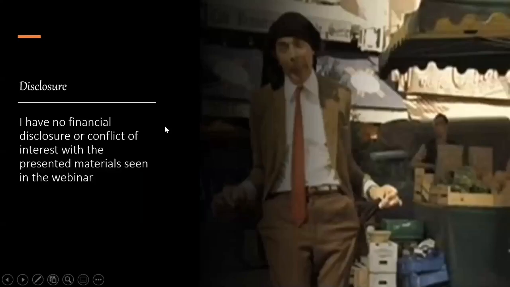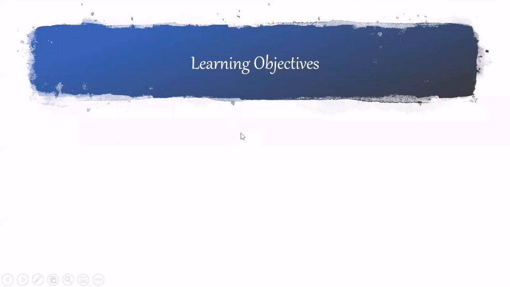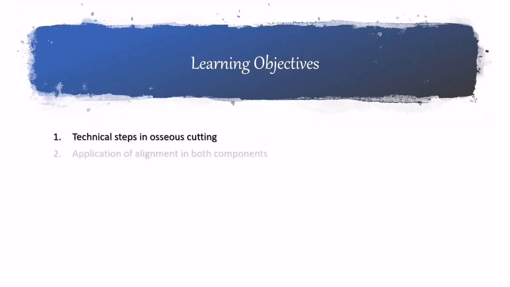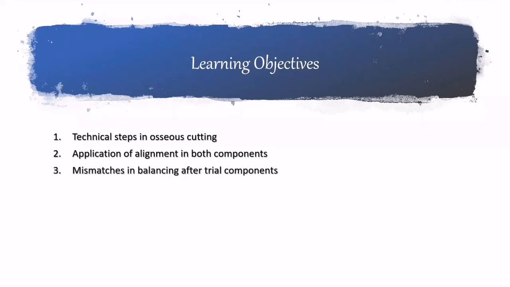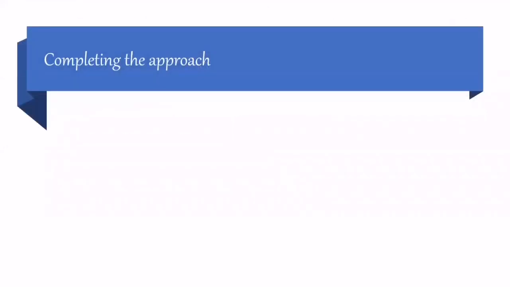So first of all, I have nothing to disclose regarding the implant or systems, but we will show you some pictures of the systems we have got in this webinar. As a learning objective, we will talk about technical steps in osseous cutting and the application of the alignment in both components regarding the femoral and tibial components, and how about the mismatch in the balancing after trial